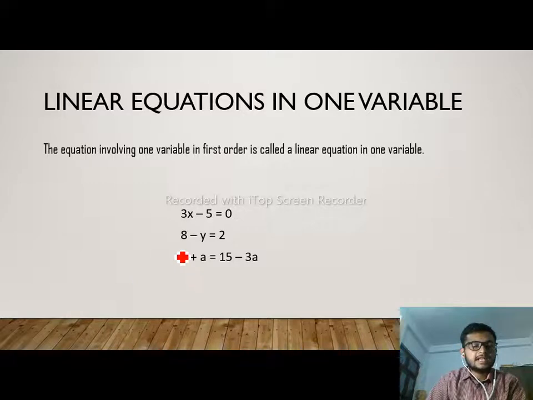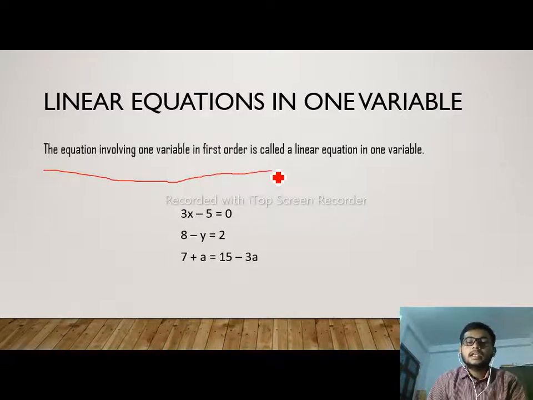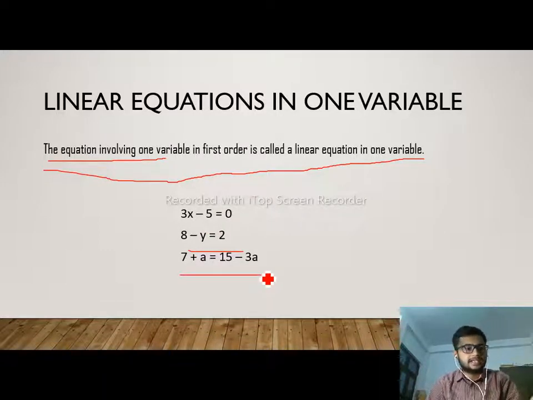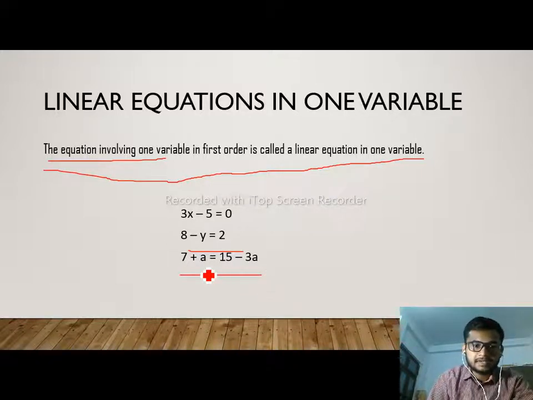Okay. Linear equations in one variable. The equation involving one variable in first order is called a linear equation in one variable. For example, 3x minus 5 is equal to 0, 8 minus y is equal to 2, 7 plus a is equal to 15 minus 3a are linear equations having one variable, as the variable x, y and a is